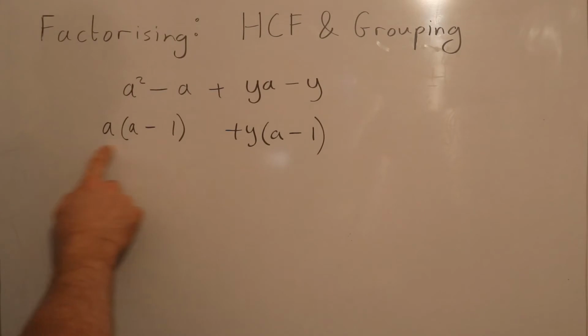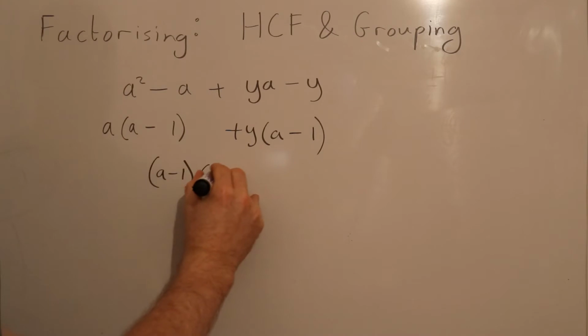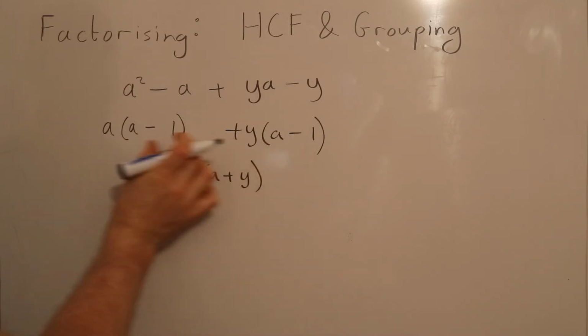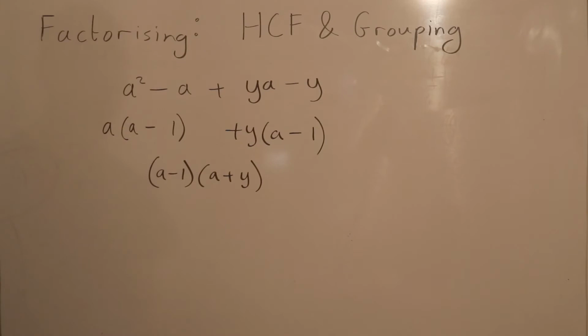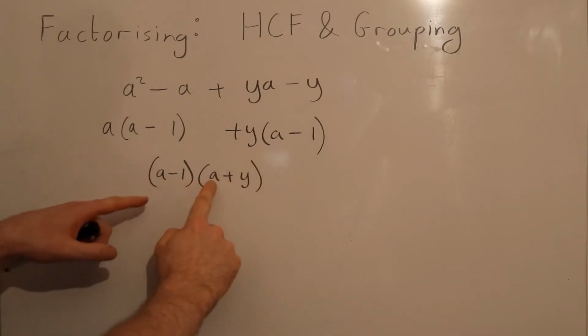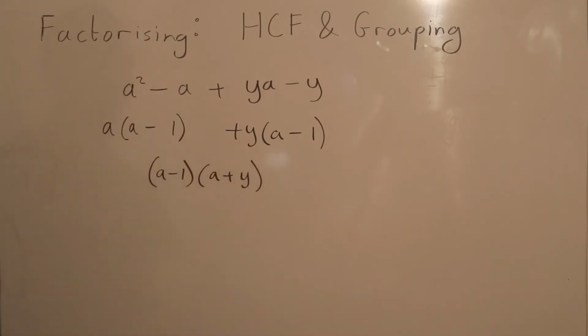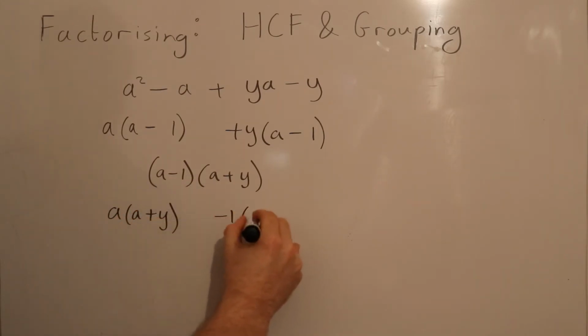And now we see in the brackets, we compare this term to this term. We have a new common factor, a minus 1. So we can do highest common factor a third time. The a minus 1 comes out to the front. It's now multiplying. To recreate the two terms above, we have to multiply a minus 1 by a, recreates this term, a minus 1 by y, it recreates this term. Check your work. A multiplying both of these, minus 1 multiplying both of these,